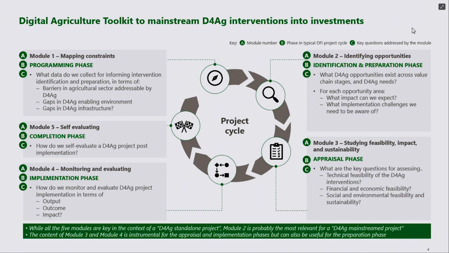Are there digital solution providers in a certain country? What kind of policies are needed to incentivize the deployment of these technologies to smallholder farmers? What value chains, whether it's crops or fisheries or livestock, are more ready to be able to absorb these technologies,